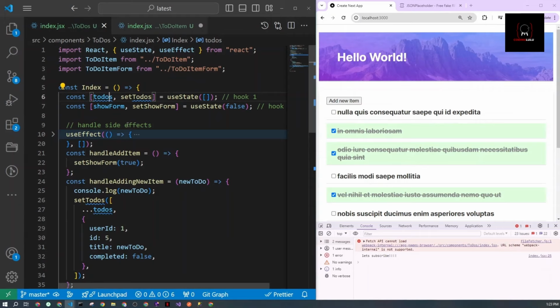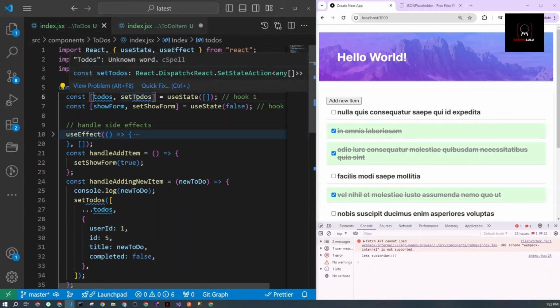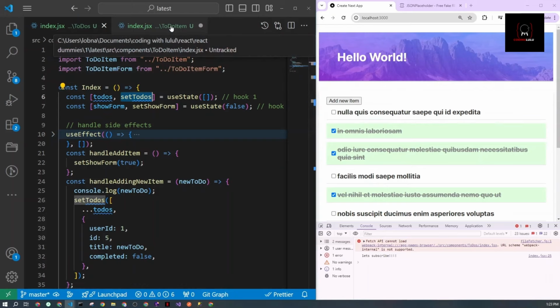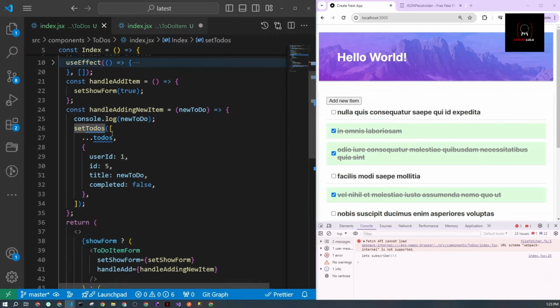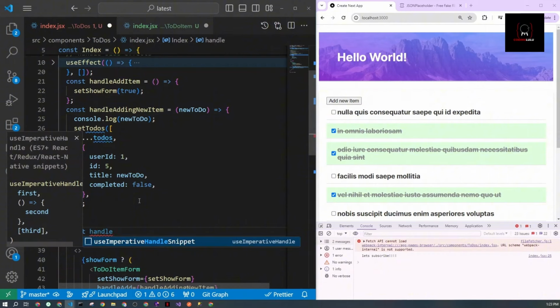Maybe the first thing that comes to your mind is passing the set to-dos. Okay, so if I pass the full set to-dos, I still need to do some handling, some looping and changing the values, which I don't want to do inside my child component. So what I will do, same thing we did here, I'll create a new function, const handleToggleCompletion